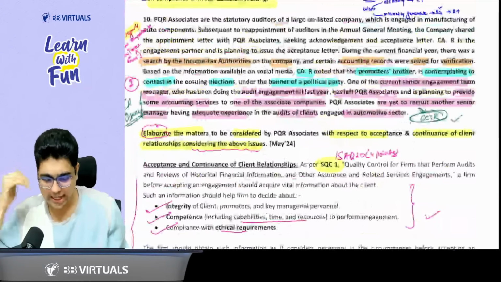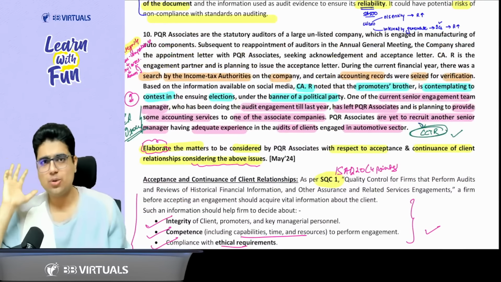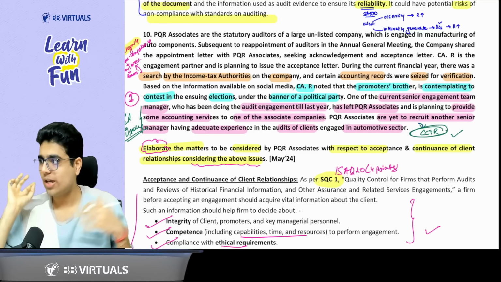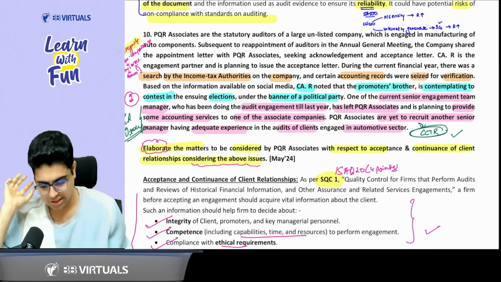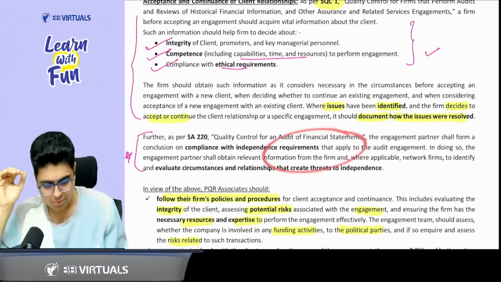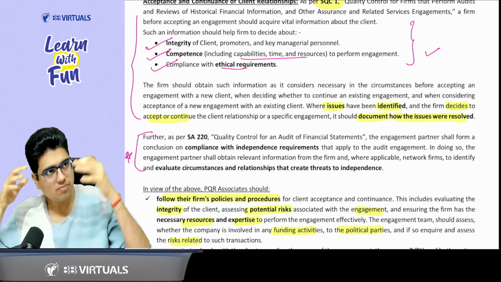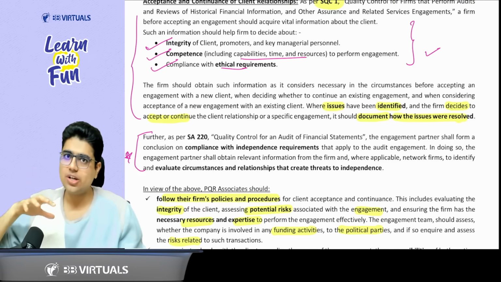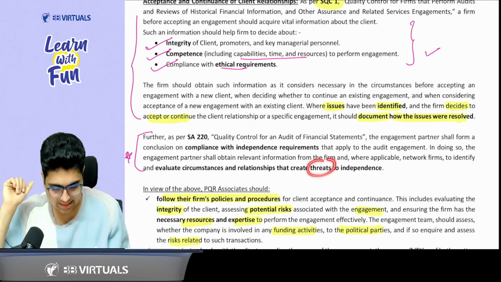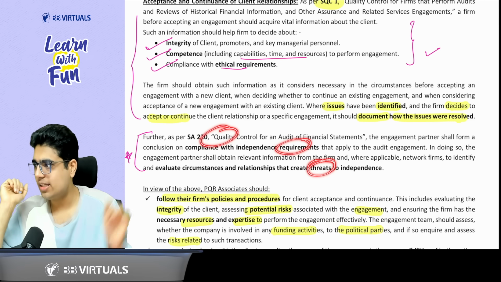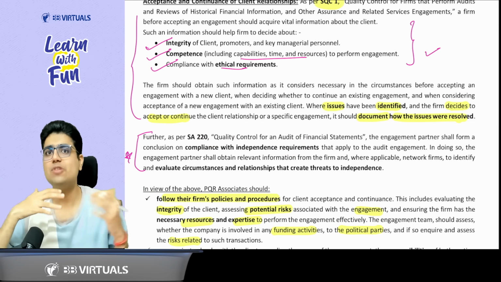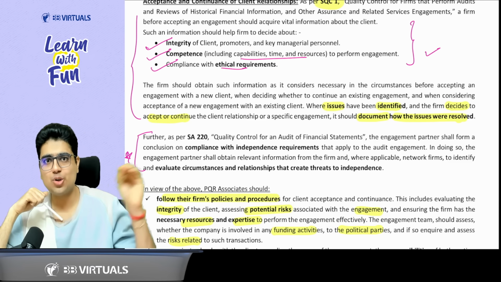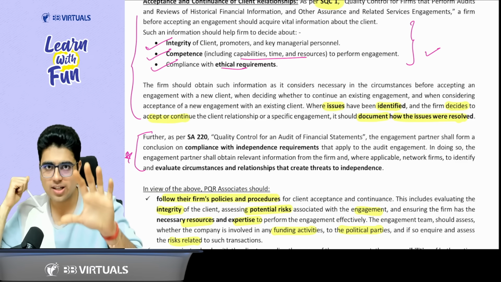So sir, in SQC-1, there are around 15-20 good questions and only one question of this level, case study based, has been asked by ICAI. So I have also shared the approach with you, how you need to deal with the same. If you want, you can write one more point. Since one of your team members is providing the accounting services to the client, he has left your team and is providing the accounting services, there is a threat to independence. So you can also write about the independence, but this is something which will not generally strike in the exam hall. So don't get worried even if you don't write 1 or 2 points of the suggested answer, still you will be able to score really good marks.